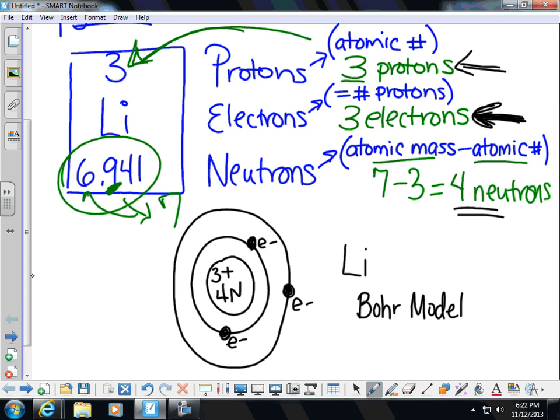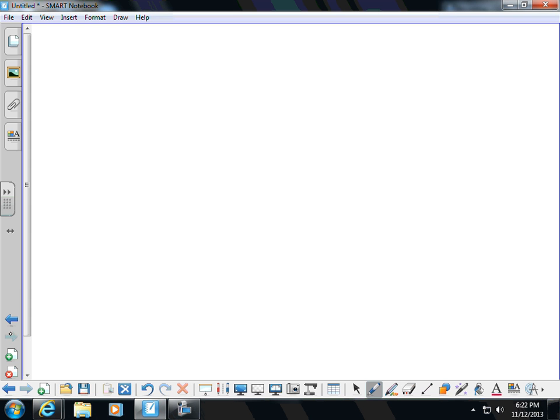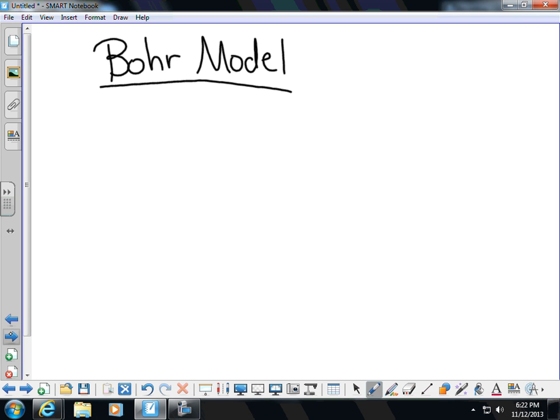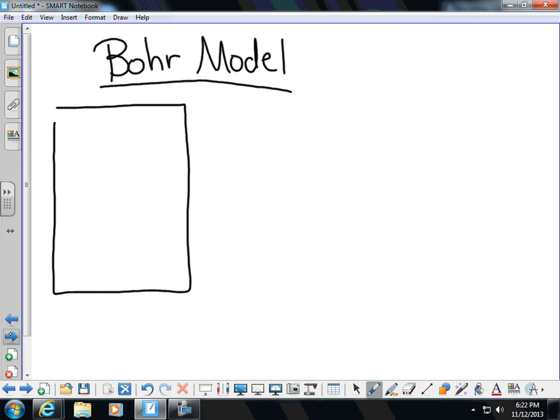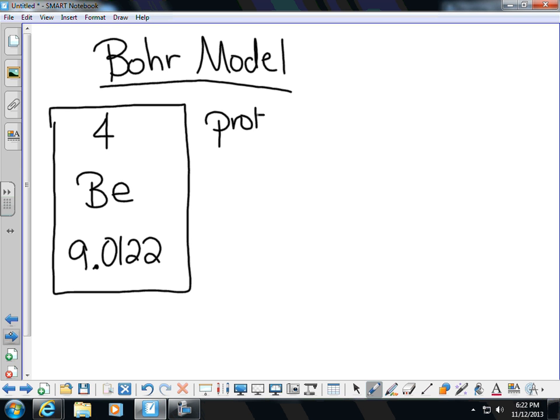Let's try another Bohr model. This time we're going to look at the periodic table, and we're going to be in period 2, which is the second row, and group 2, the second column. And you're going to see the periodic table data box for beryllium. Atomic number 4, atomic mass 9.0122. So let's find out how many protons we have, how many electrons we have,